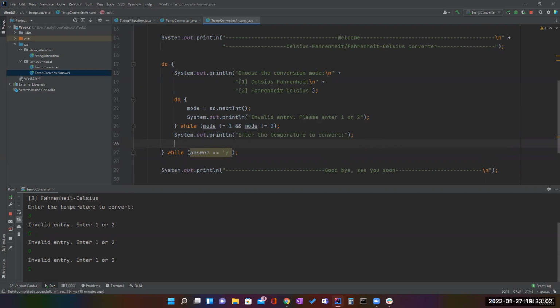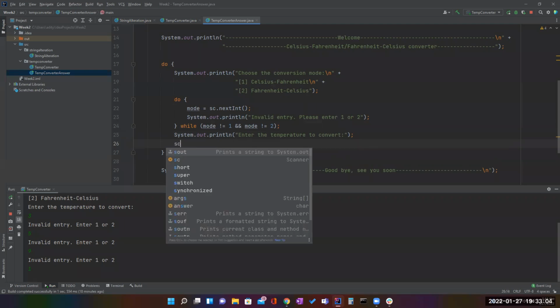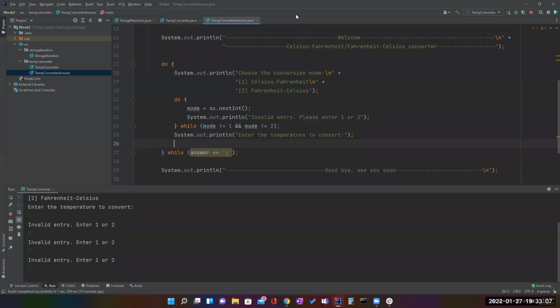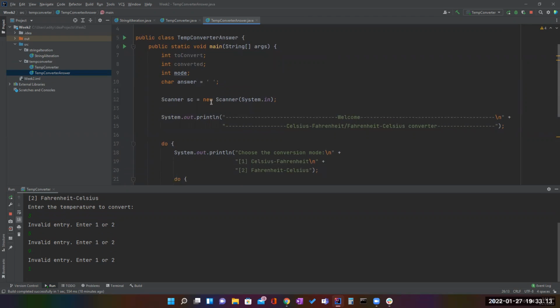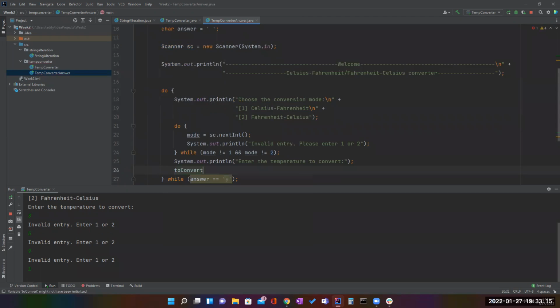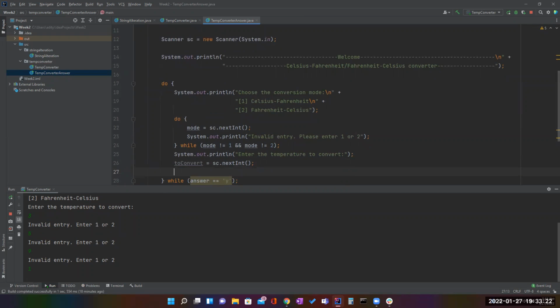And then put the scanner. Yeah, of course. We need to get the scanner, sc dot. Okay, so it's going to be to convert, right? We are going to store it into convert equals sc dot nextInt. Okay, and then after that we are going